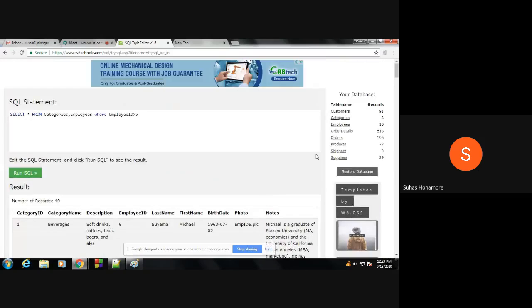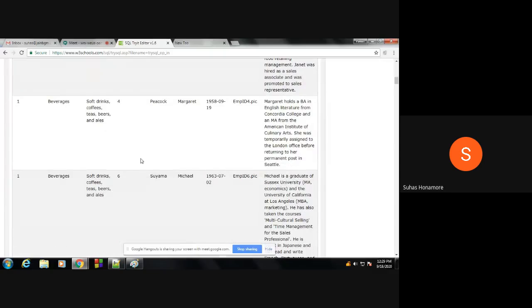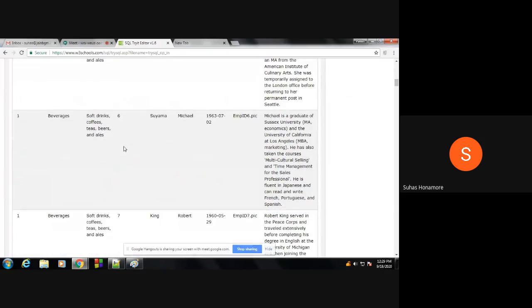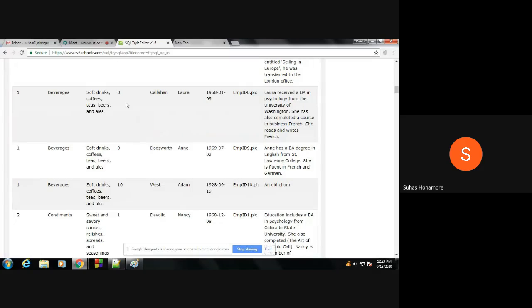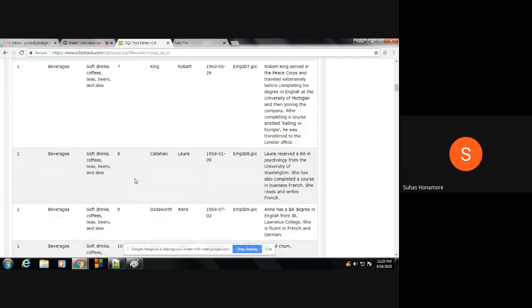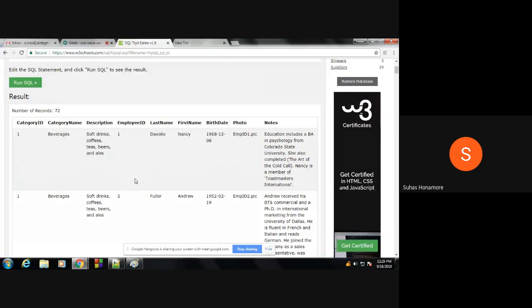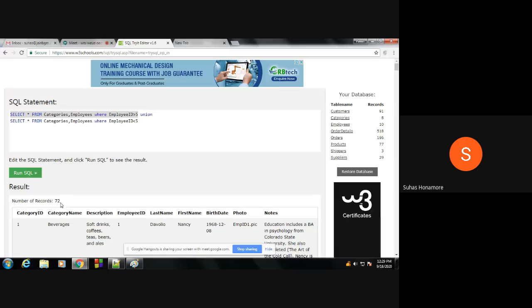Okay, and you have category id is 8, so 5 into 4, that is 40. So that is 40 rows you are getting. So first one, that is 40, second one 32, so both were combined. Here this is the result we are getting as 72. So first time whatever it will give the result, this will be there. If you saw here up to 4, then second here 6, 7, 8, 9, 10, these things are combined, so this is a union completely. So union together we have 72 records.